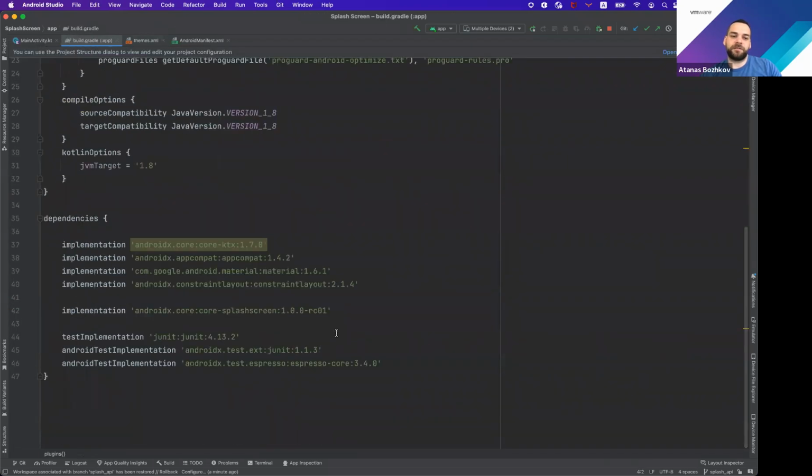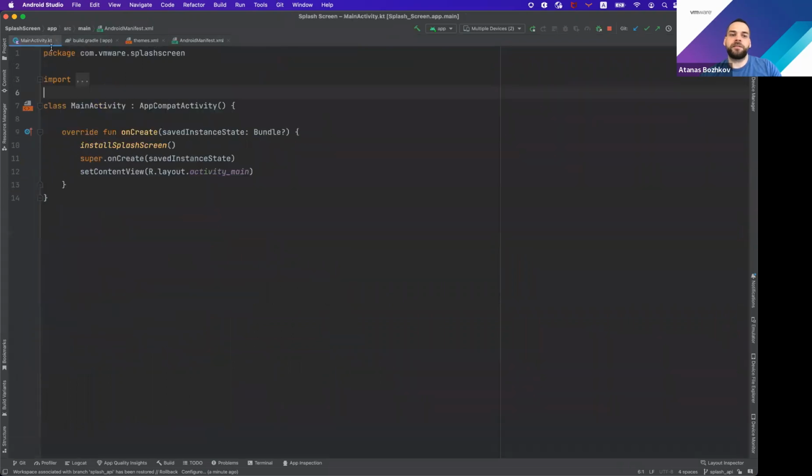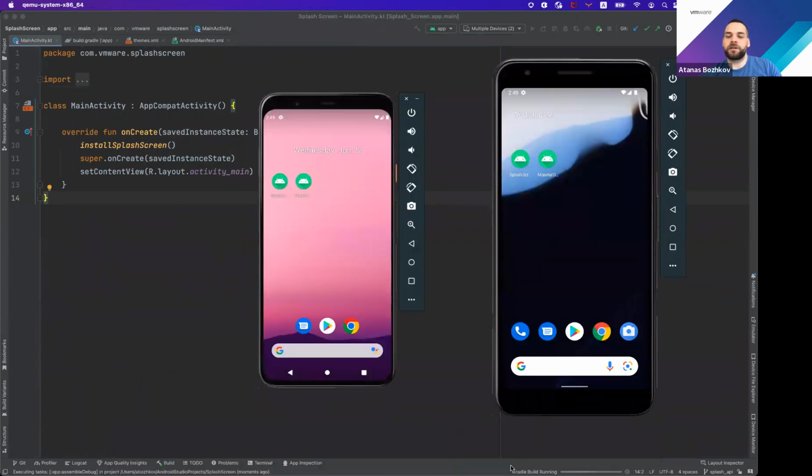Of course, we have to add the Splash Screen library, the latest version of which is this one. In the manifest, we have to set the theme to the new starting one, which is using the new API. And in MainActivity, we just need this one here, installSplashScreen, and we are ready to go. This is the basic default splash screen that is going to work